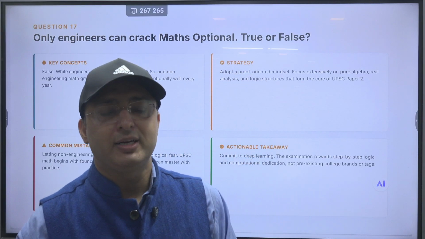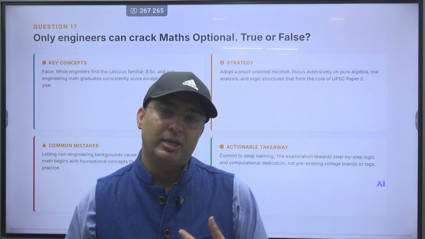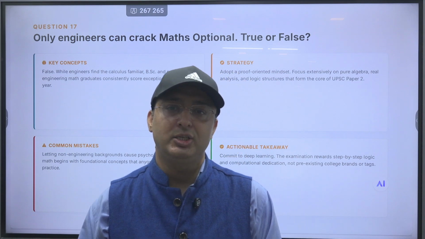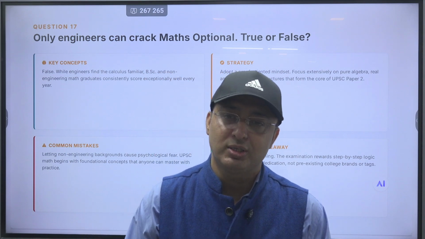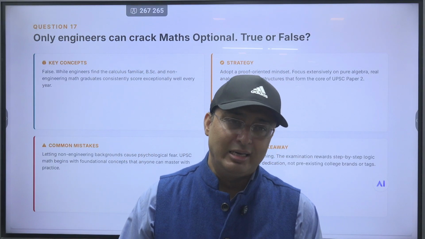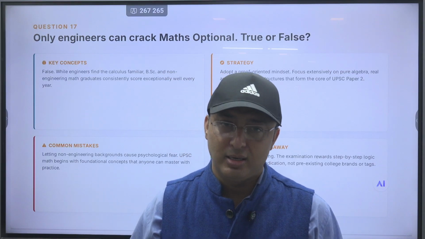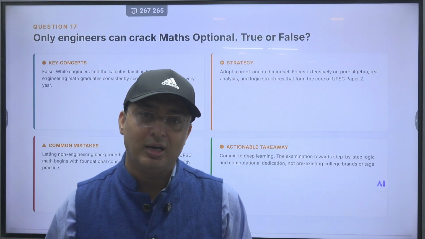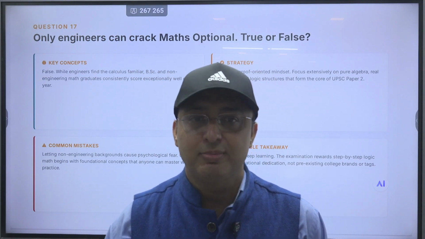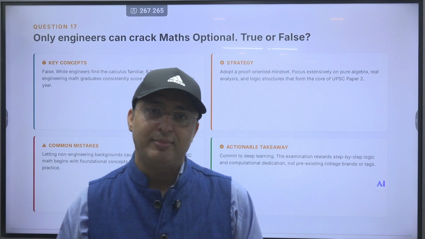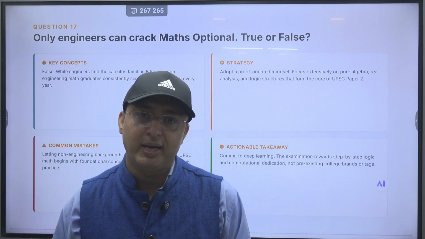So definitely it's not only for engineers. It could also be for those who are from a BSc and MSc background, but they need to bolster their preparation by not being biased that they are good at this and good at that. I have seen that even if they are good at algebra and linear algebra, they are not able to do the fundamental questions. So they are just in a halo that they know things, but at the end of the day, it's the UPSC questions and your attempts in the examination that are really going to determine your future.